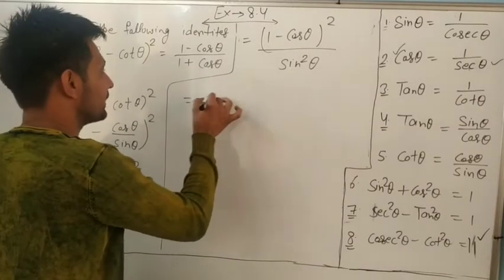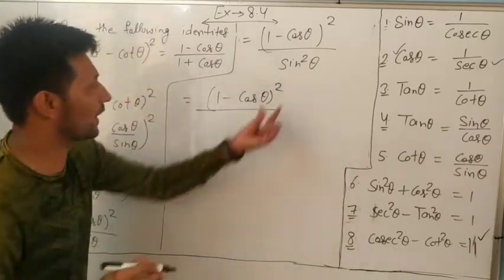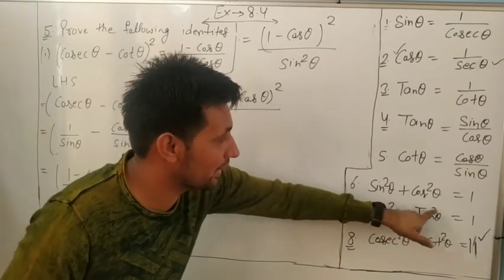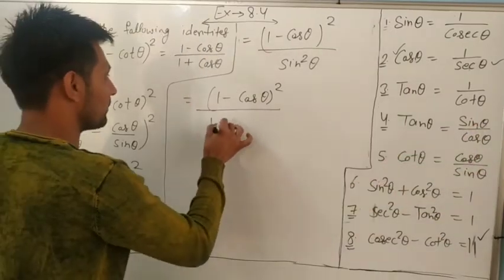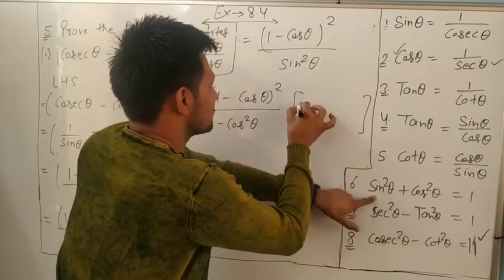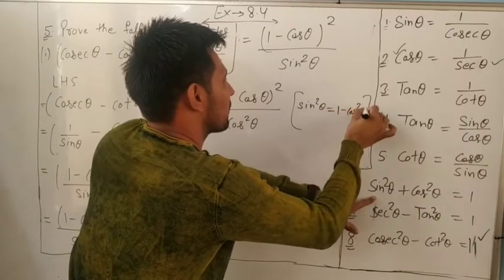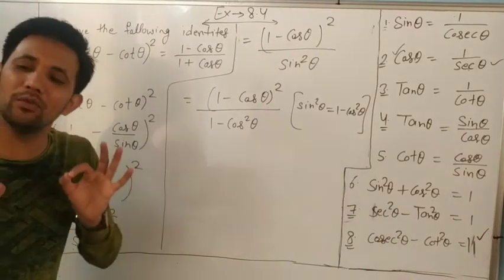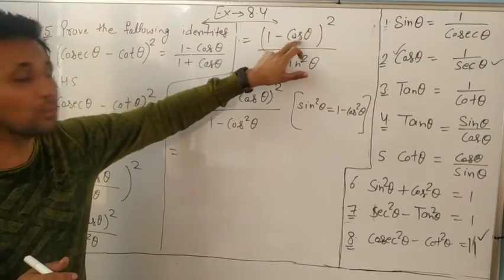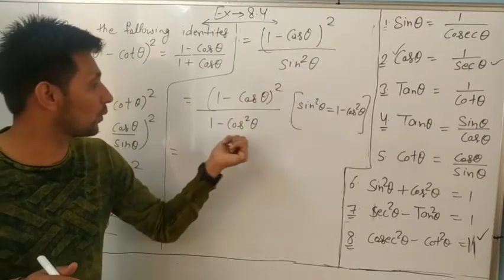So can we write sine square theta in the form of cos? Sine square theta equals 1 minus cos square theta. You can write this property, dear. Sine square theta, cos square on the other side, negative, it is 1 minus cos square theta. It is a formula or not? Always we will use the formula, dear, because we observe that the numerator has 1 minus cos, but downside we need cos. So that's why we change sine square into cos. So 1 minus cos square.